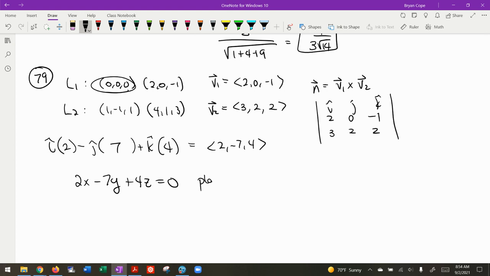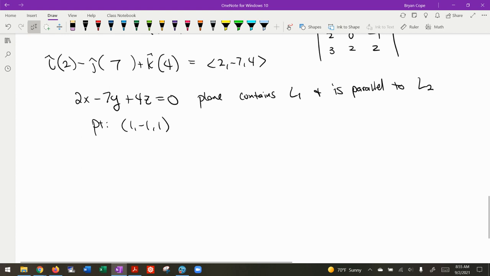So this plane contains L1 and is parallel to L2. So if we pick a point on L2, which we have, let's use the point 1, negative 1, 1, we can now use the point to plane formula. Okay, so here it is. The a value, 2, times x1 is 1. The b value, -7, times y1 is -1. The c value, 4, times the z1, which is 1, and then plus d, which is 0, all over